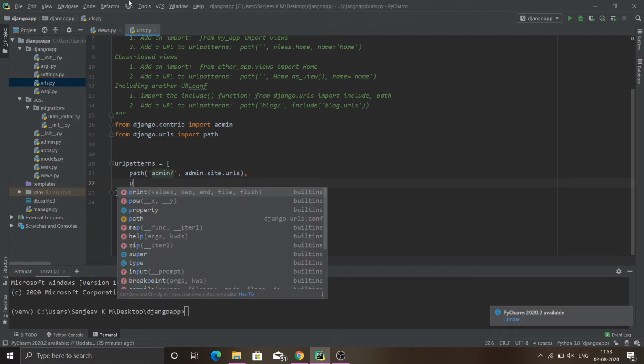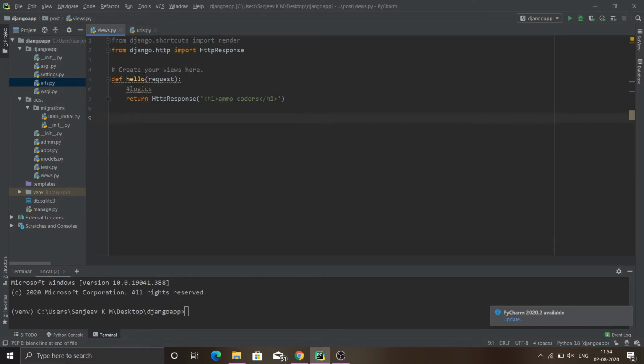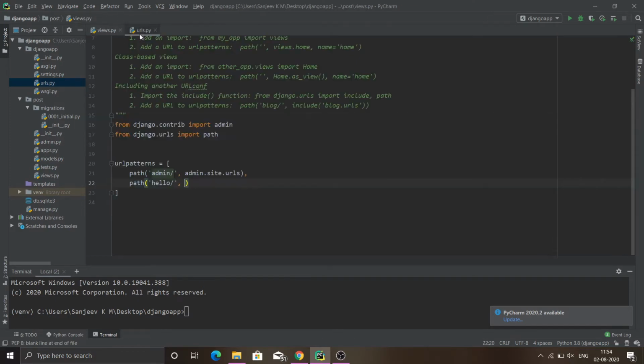To register our view with a new location, we have to enclose it in our path method. Let me give a location name to it as hello, or something else as you wish, and we need to pass the view that we created as a second argument.